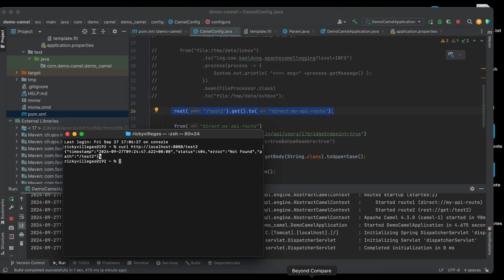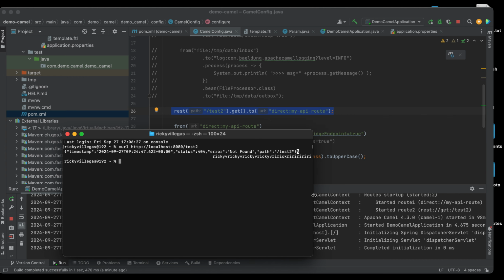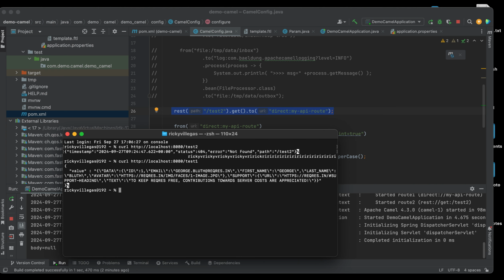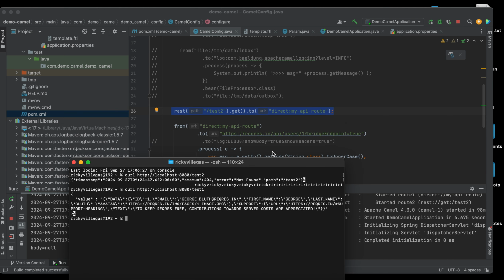All right, so we get an error, right? Take note, if we hit test1 in Spring Boot, we can call test1, right? But we cannot hit test2 because test2 is actually under Camel. It's another framework, right?